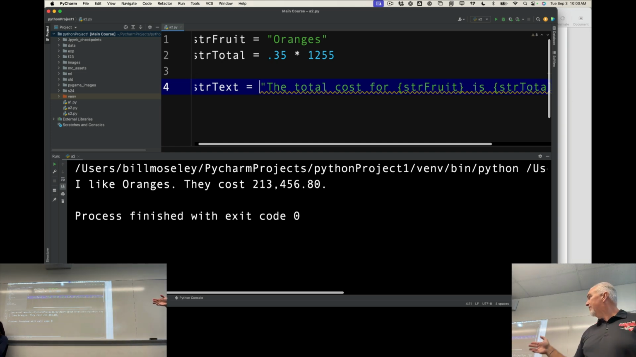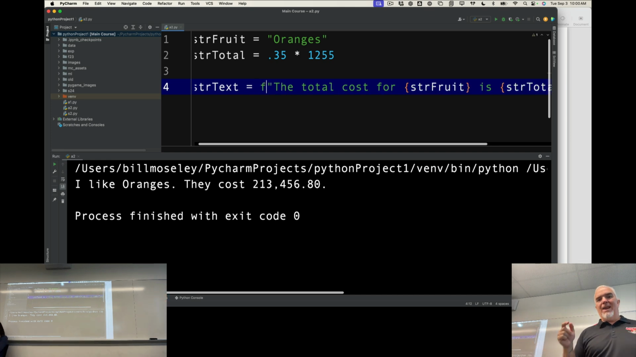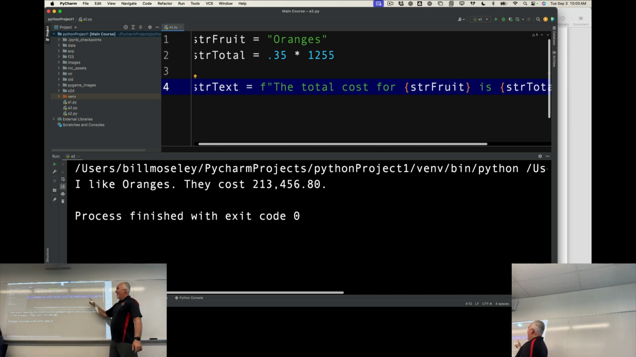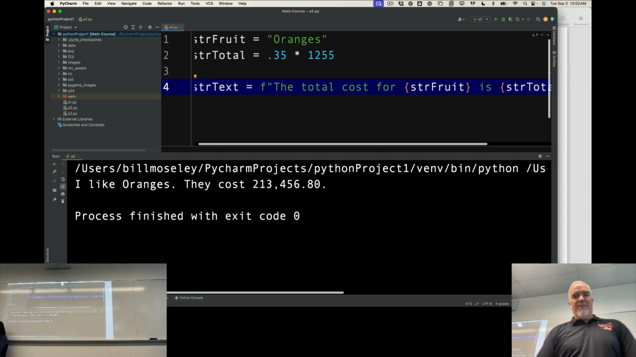Watch. When I get rid of the F, it's just a string literal that happens to contain curly braces and variable names. But when I put the F in front of it, it actually finds those things in there and says, oh, you want to use that variable in here. You want to use str total in here. So now if I print that,